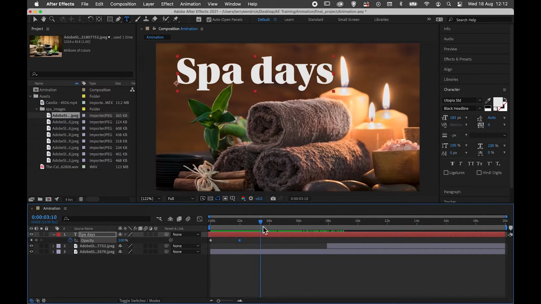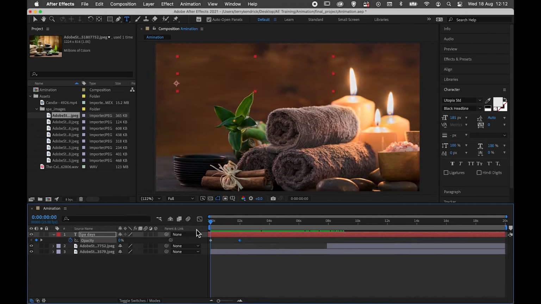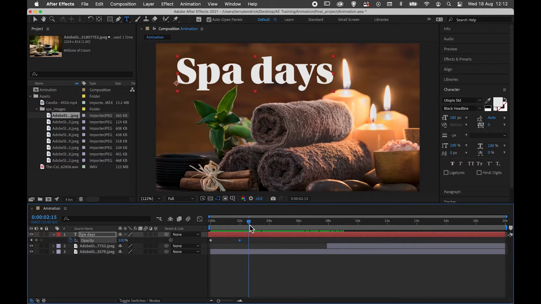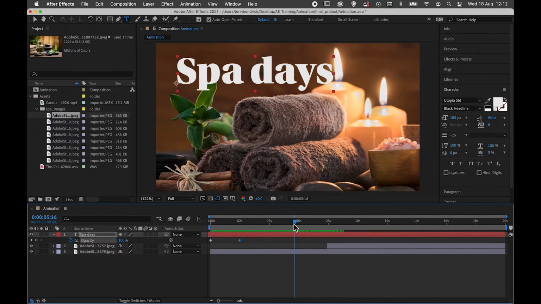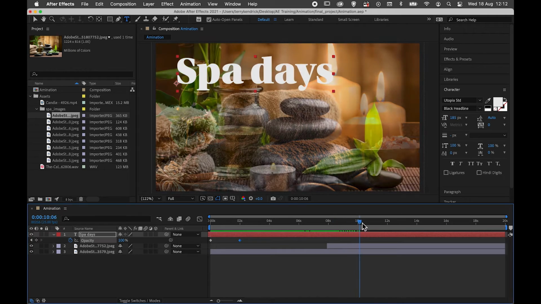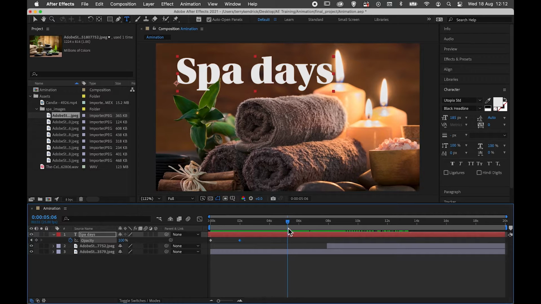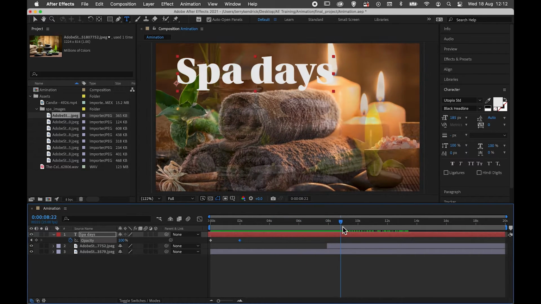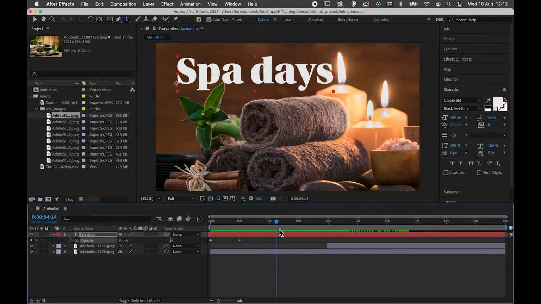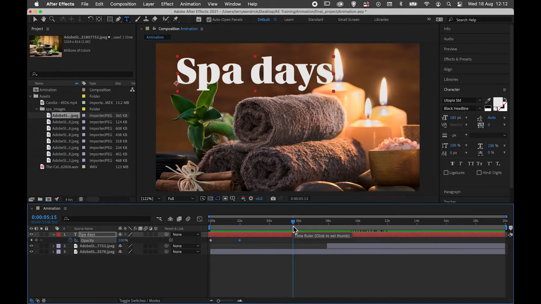And I can even animate the actual scaling of the type itself. So if I wanted the text to appear and then get slightly smaller just to coincide with the image in the background, because eventually this will change. And in fact, maybe I want the text to actually fade out. So what I'll do is I'll make the text slightly smaller. Now if I want to animate just the scaling properties for the type now,